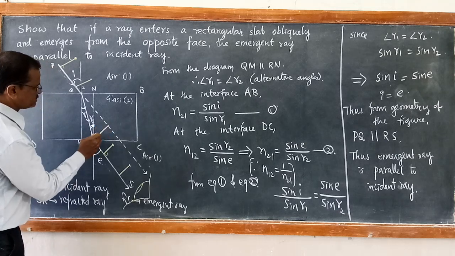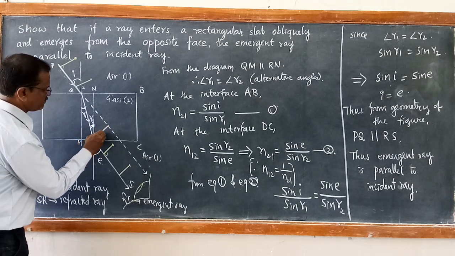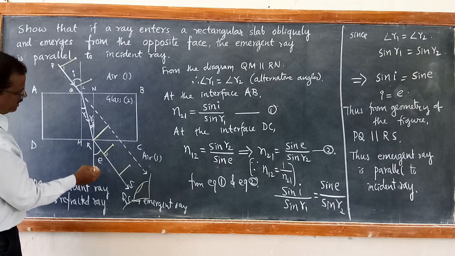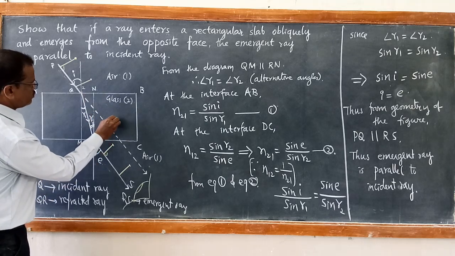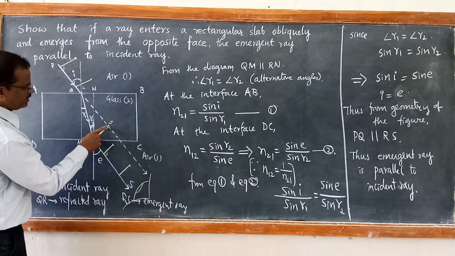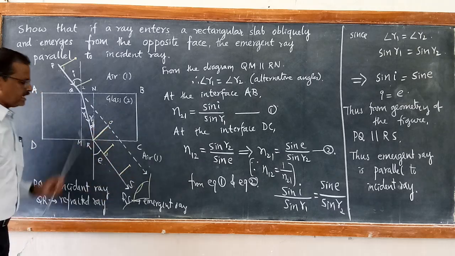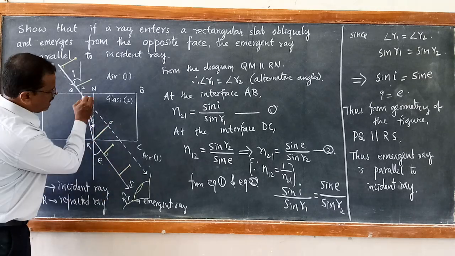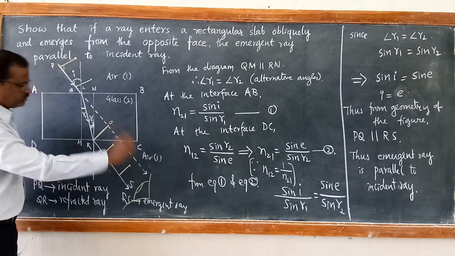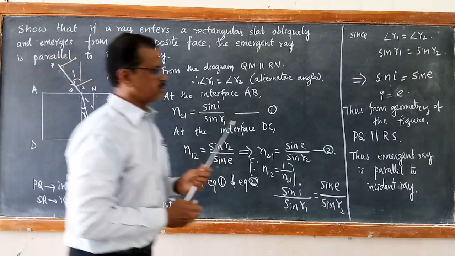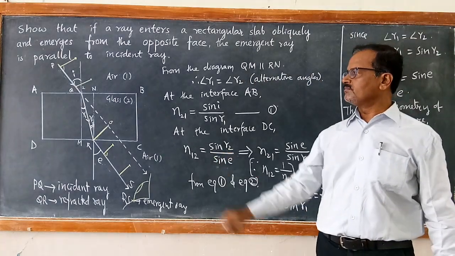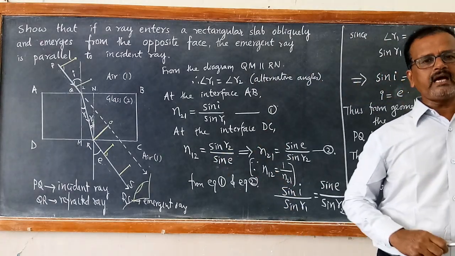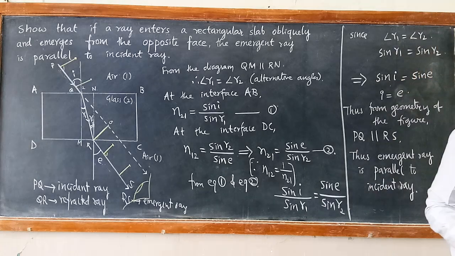Measure this perpendicular distance. I have taken M and O. This perpendicular distance remains the same throughout. That shows that RS and the undeviated path PQ are parallel to each other. So this is how, with the help of an activity, we can confirm that the incident ray and the emergent ray are parallel to each other.